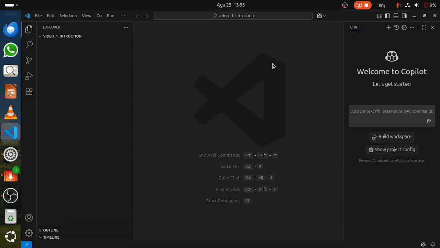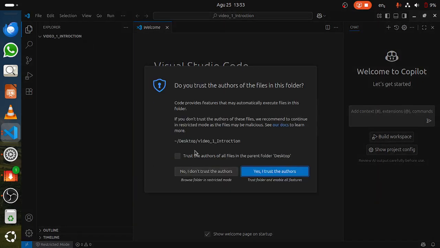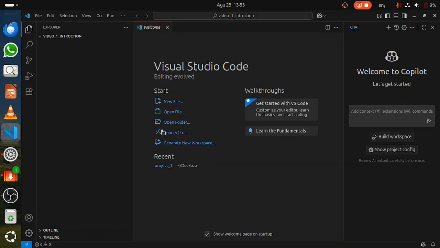You see now, so I have to come here and add file. Just add new file. Let me call that introduction.html. You have to put this index HTML for Visual Studio Code to recognize that I want to create HTML